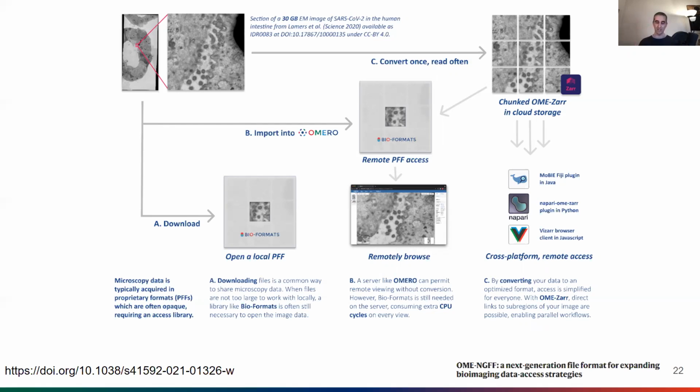So this is path A, a download path. The status quo is really that you download an image and you use Bio-Formats on the fly to look inside of it and figure out what's the data, what's the metadata, what can I do with this? What we are experiencing quite directly with the Image Data Resource, and other repositories will be running into the same problem, is that this is becoming a bottleneck, both maintaining all these different file formats, but also just in terms of speed. Trying to get access to your data is becoming more and more of a problem.